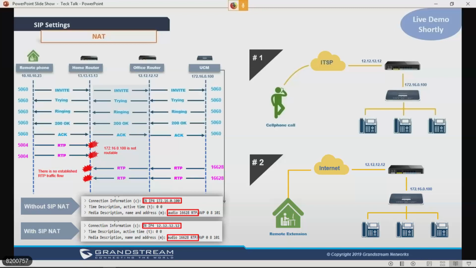So to correct this behavior, the UCM has a SIP NAT setting that allows you to configure it with the public IP address to use in the SIP message, as illustrated in the screenshot that says "with the SIP NAT: yes". In a few moments I will show you how to configure the SIP NAT on the UCM to avoid that issue. But right now I just want you to get an idea about why we use